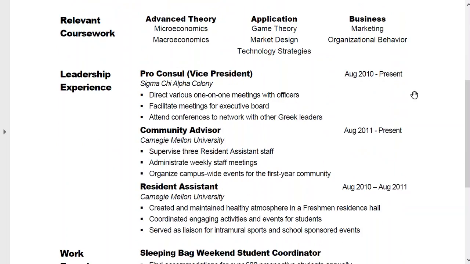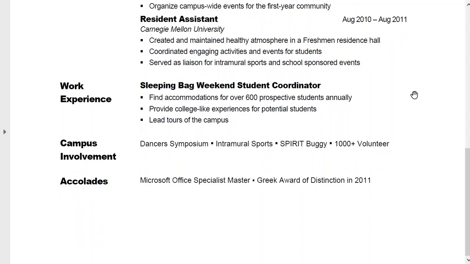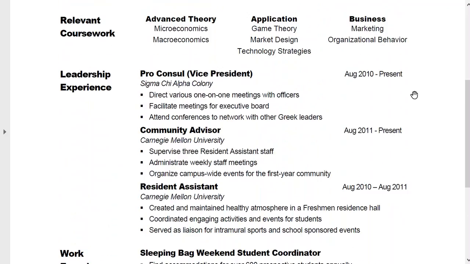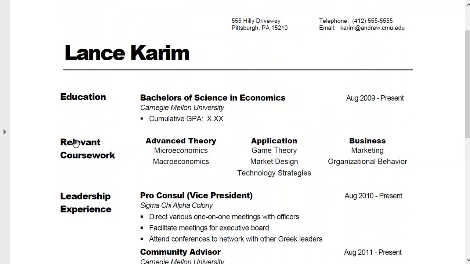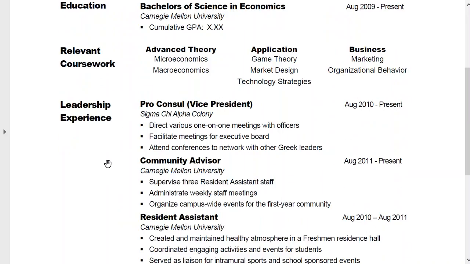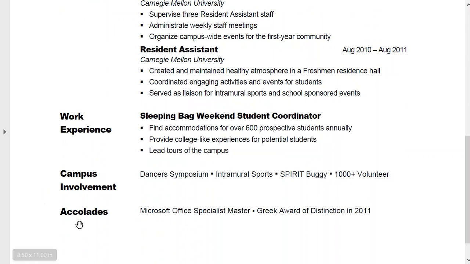The organization of Lance's resume, I think, is fairly typical for various resumes we see in the Writing Center. He's created this list of kind of larger categories over here on the left side and included his contact information and name at the top, and then his education, relevant coursework, leadership experience, work experience, and campus involvement, followed by